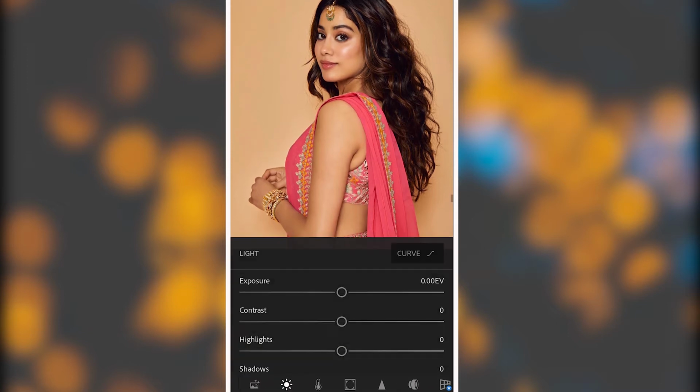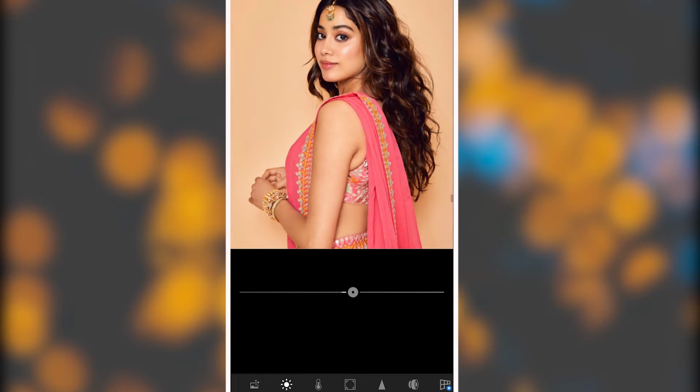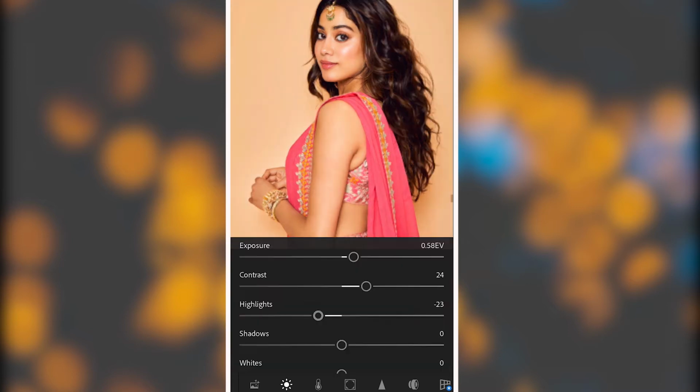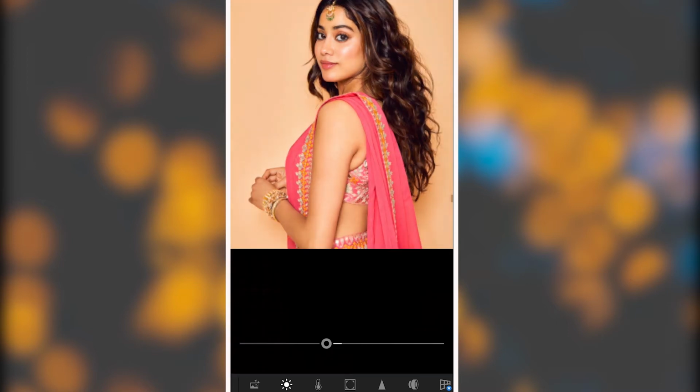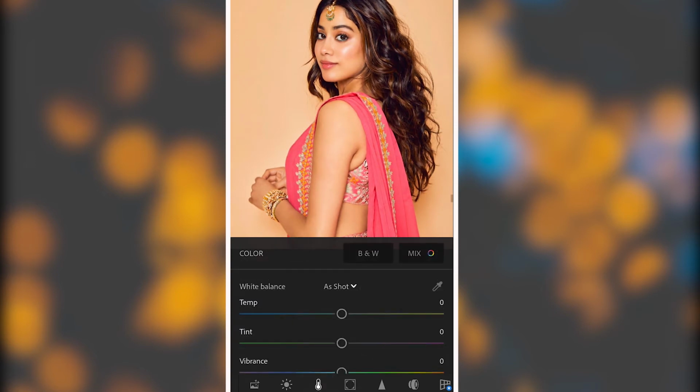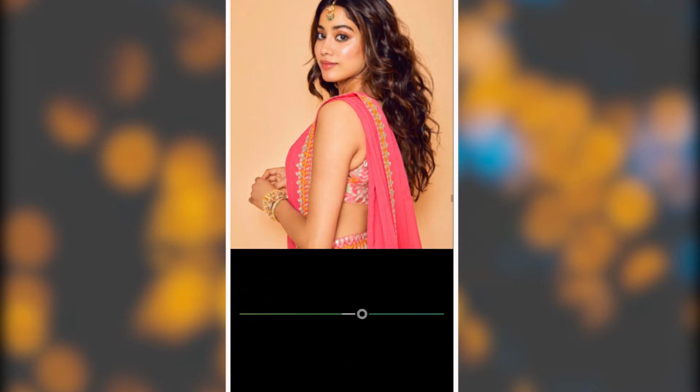You can increase or decrease exposure, contrast also, highlights and shadows, and whites and blacks. Now you can go to the color and you can select a color and you can decrease or increase that color. So this is easy.